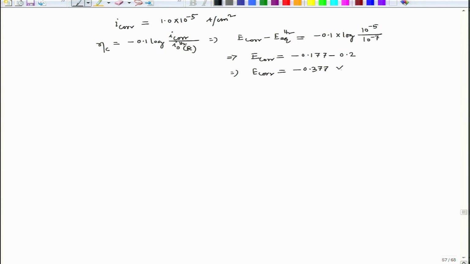So, once we find this value, that means this is with reference to the standard hydrogen electrode. Now, in order to find E core with reference to the saturated calomel electrode,